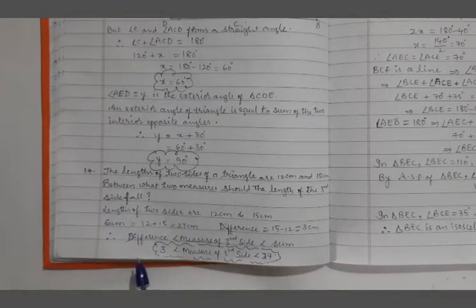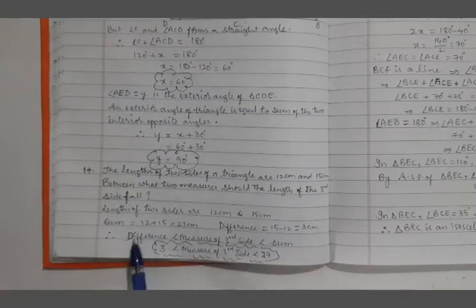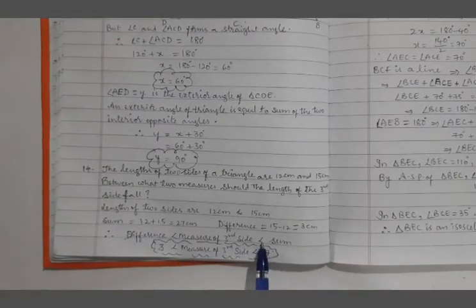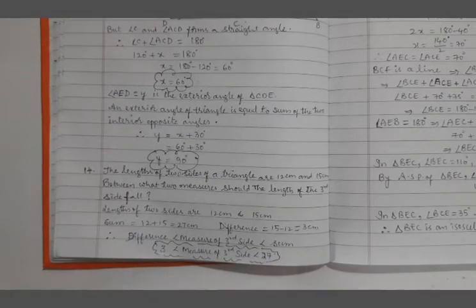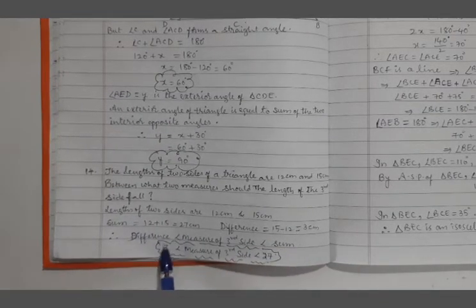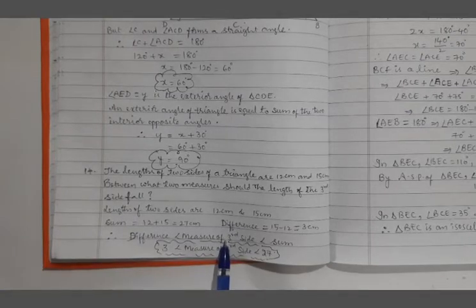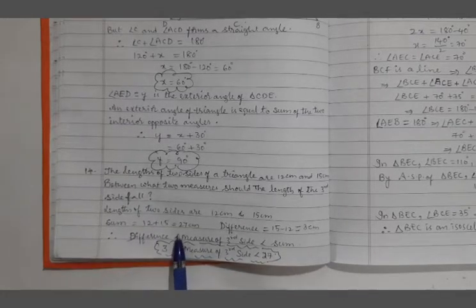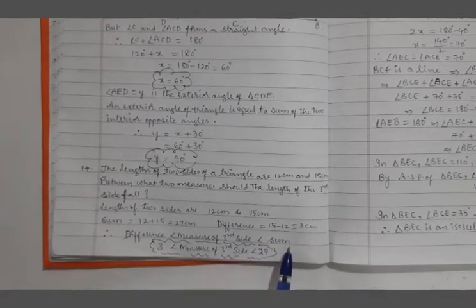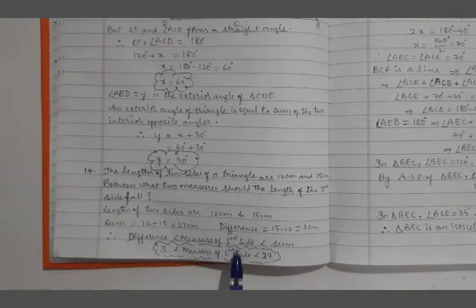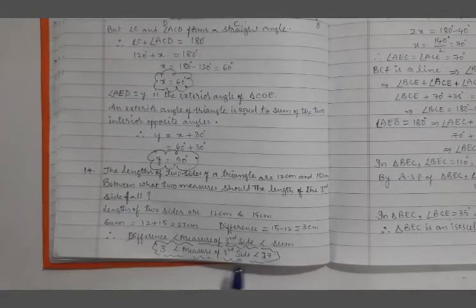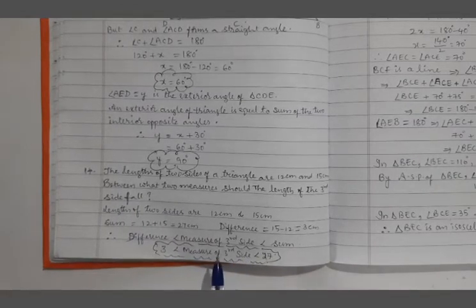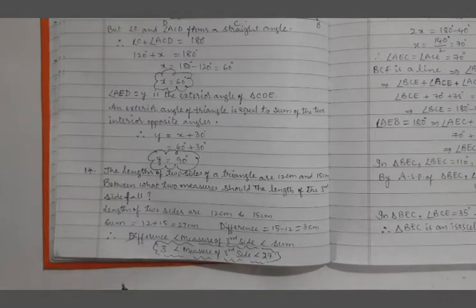Then we will write the answer as the measure of third side should be less than the difference and more than the sum. Okay. So, sorry, reverse I told you. Difference less than measure of third side. Okay. Measure of third side, we will write like this. Remember this. Difference less than measure of third side less than the sum. Okay. 3 less than measure of third side less than 27. The meaning of this is the measure of the third side lies in between. Okay. Is it clear?